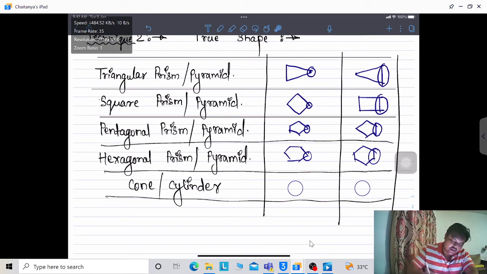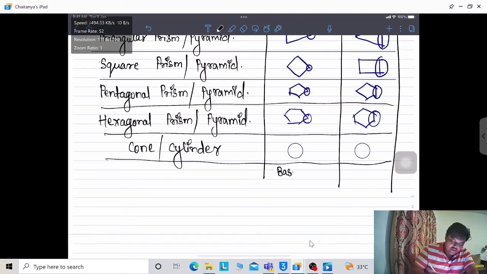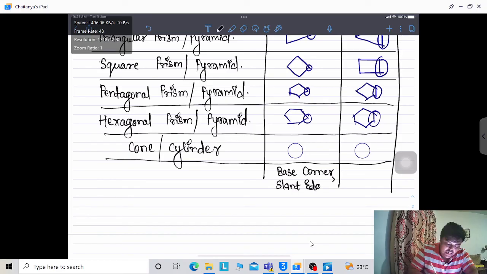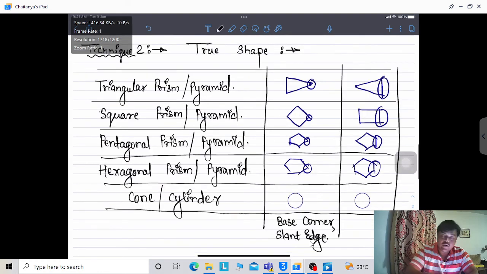Okay, so you need to identify कि ऐसा कब बनाना है और ऐसे कब बनाना है। इसके लिए आपको कीवर्ड का नॉलेज चाहिए, जो मैंने आपको पहले ही दे दिया। ओके, so it's quite simple. ये कब यूज करना है, जब ऐसे मेंशन किया है कि resting on one of his base corner or a slant edge. So for this you use this one. Okay, तो आपको सिर्फ देखना है बेस कॉर्नर या फिर slant edge है, तो यूज दिस।